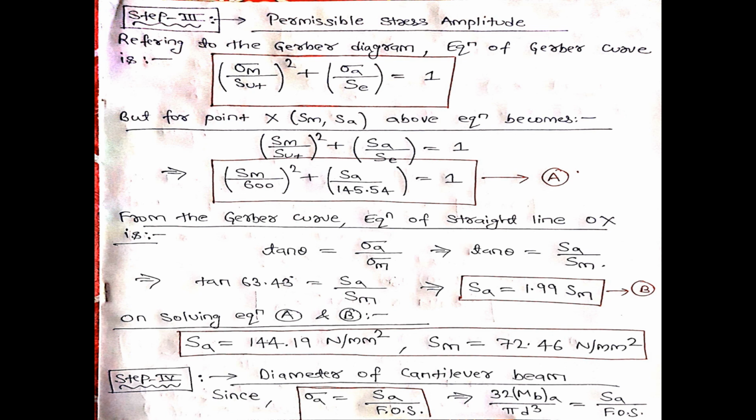If the beam would have failed in axial loading, or if your cantilever beam were not failing in fatigue, then you might have taken the SM value. Fine. So how can we find out the value of the diameter? For that I have to use the expression for factor of safety, which is also given in the problem. Factor of safety is nothing but failure stress by allowable stress.